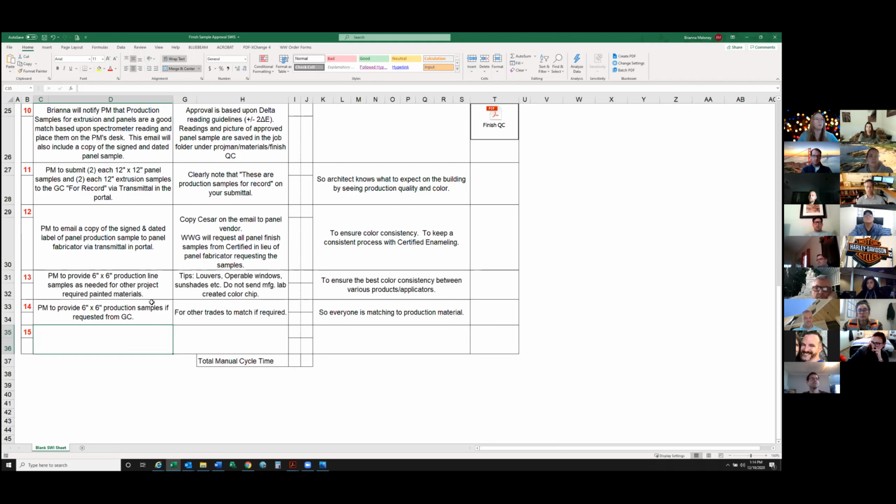No, already happening, right? The 6x6 samples are a match from production material. So certified. Go ahead. Yeah, so I'm just not sure how you can get an operable window or a glaze-in louver if you're waiting, you know, like shop use break shapes, like you can turn those around pretty quick, or you can make them, you know what I mean? Like, I just don't know how we can wait to get a 6x6 production line match for a shop use